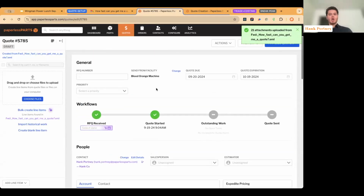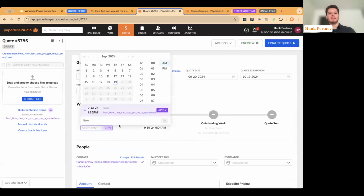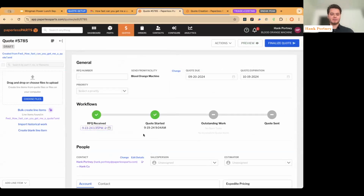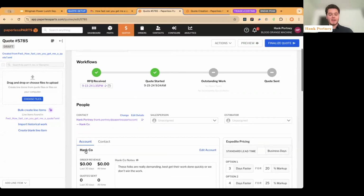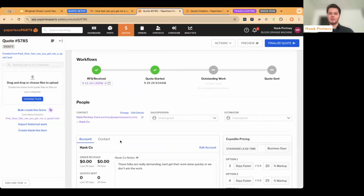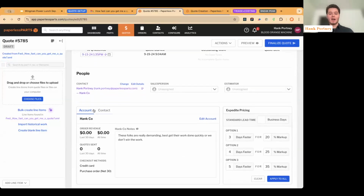Excellent. Once the email is forwarded into Paperless Parts, you'll see things are already starting to happen from Wingman. First of all, Wingman has identified the RFQ receive date from this email and the associated thread, and I can apply it with one button click right there. Wingman has also quickly already identified the associated contact and the corresponding account of the RFQ in that email, meaning I don't have to figure out who I'm coding this for, and my notes for this customer seem to be really demanding, are already